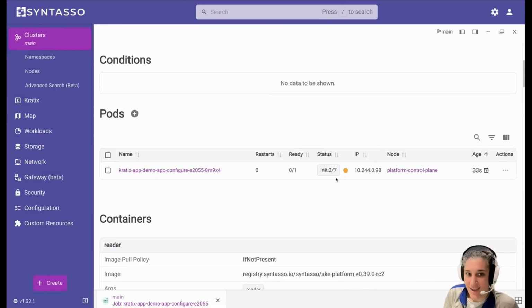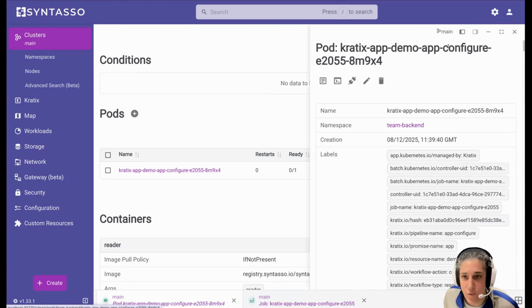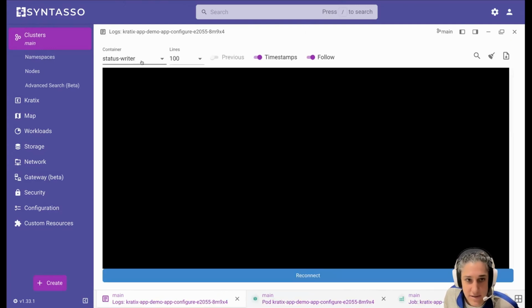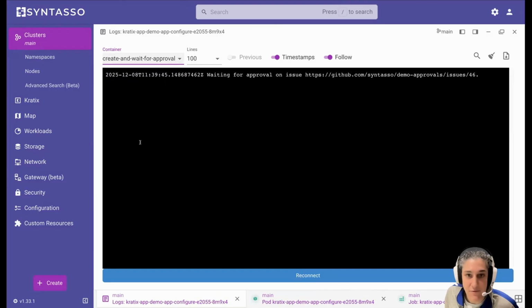Well, this could be the demo gods frowning upon me, but actually what's happening here is that we can go in and look at the logs and we can see that we have a wait for approval step. So this wait for approval step is actually saying, hang on, you're asking for something in production. For this, we need a manual approval. And I know that we want everything to be automated, we want everything to be immediate, but we also work with very large organizations in regulated environments, and we know that that isn't always possible. So rather than you having to work around your platform, we built Kratix to support even the most gnarly of